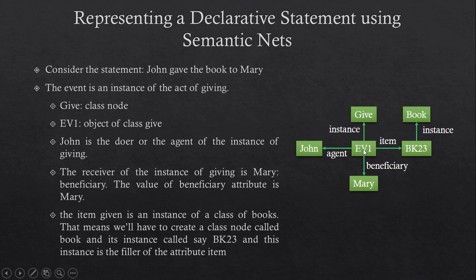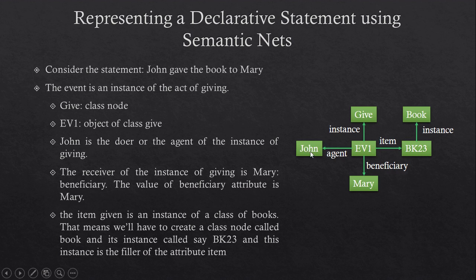So for this instance of giving, John is the doer. How do we organize that into a node and an arc? John is the doer or the agent of the instance of giving. So agent becomes the attribute and John becomes the value. Agent becomes the slot. John becomes the filler.